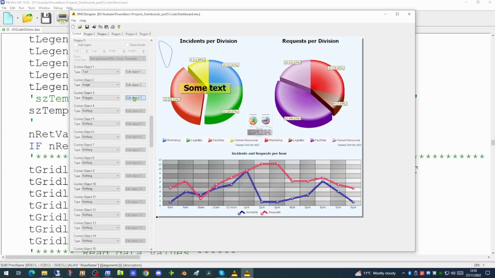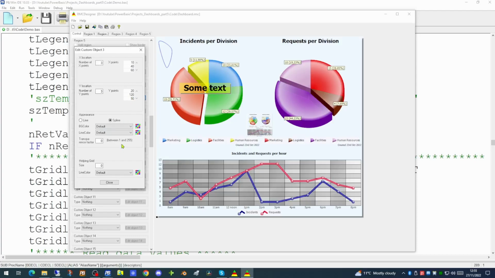And should we want something that's filled in rather than just lines, we can change our background colour from the default to, say for example, a yellow-green. And there we have a spline on our screen. So with polygons, you have quite a bit of flexibility of what you can actually put on the screen. You merely have to change the number of coordinate points.